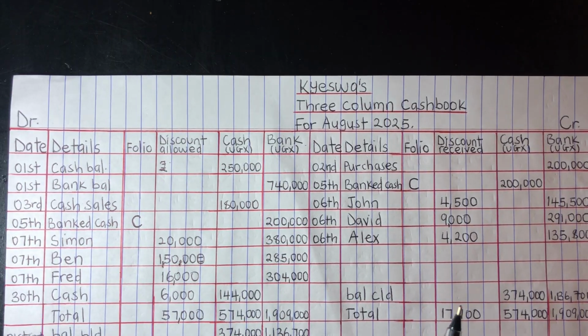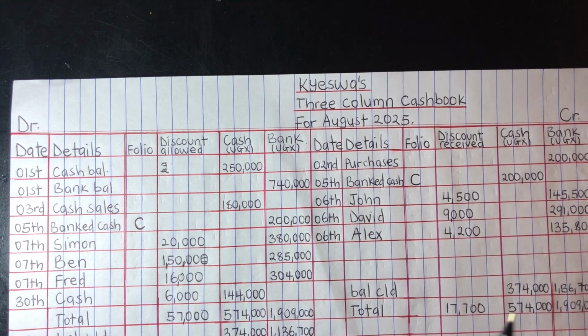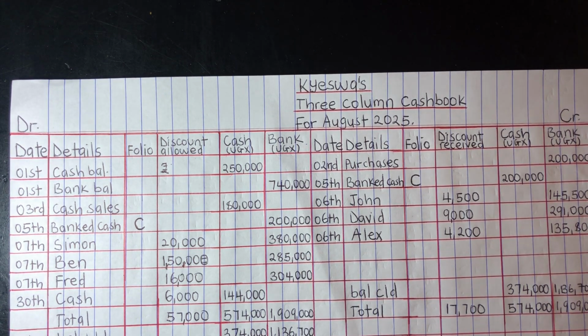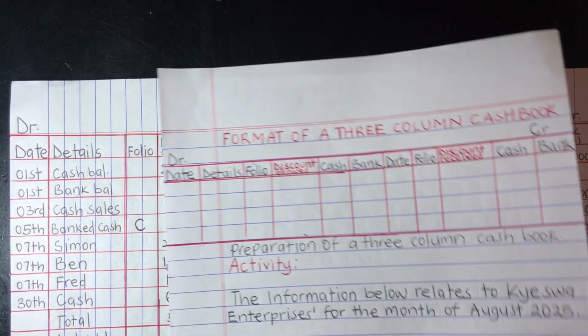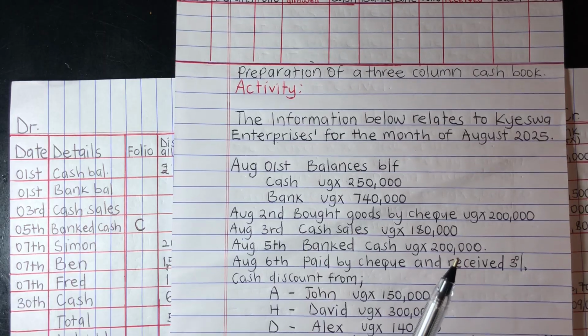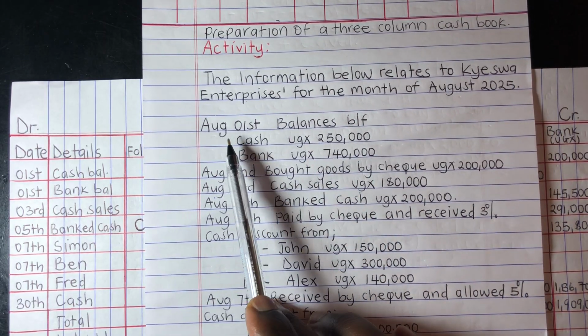Now I'm going to share the question again, and then we see how we work it out. When preparing the 3-column cash book, it covers a big page, so you can twist your page like I've twisted mine so that it can fit. This is our question. So the first was, 1st